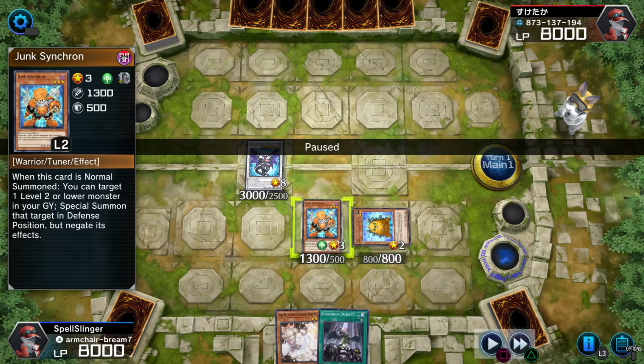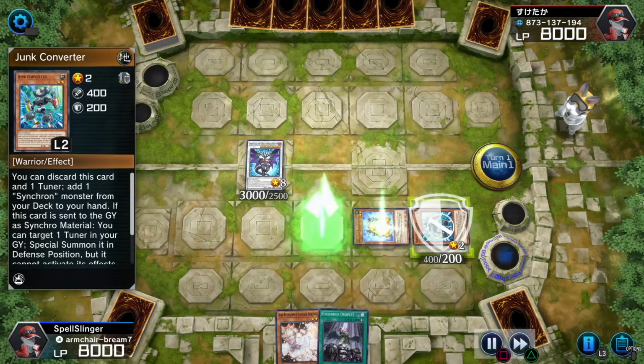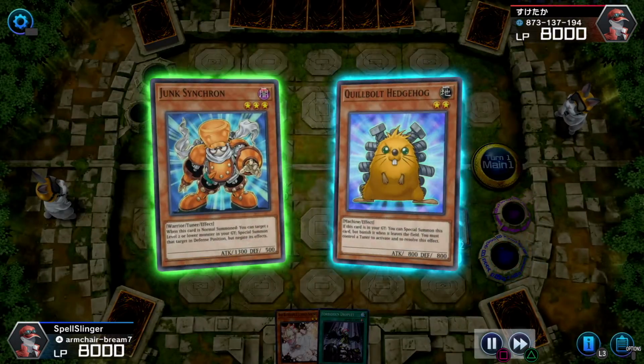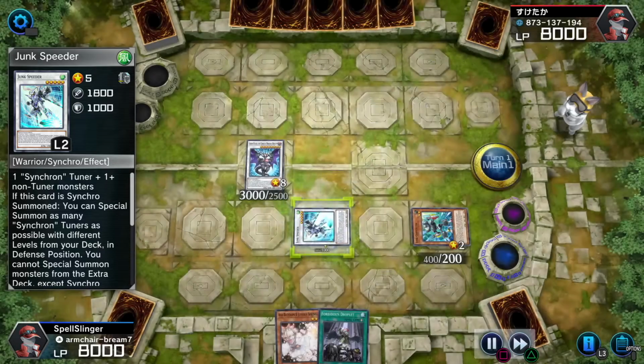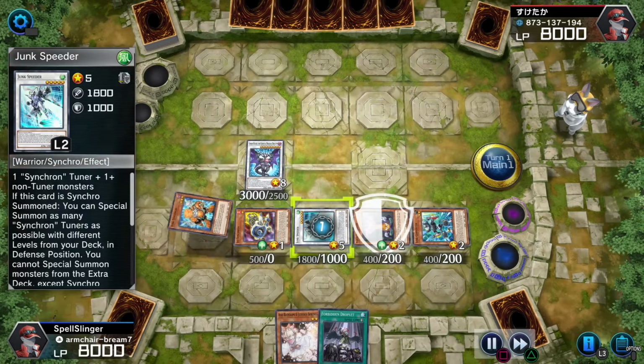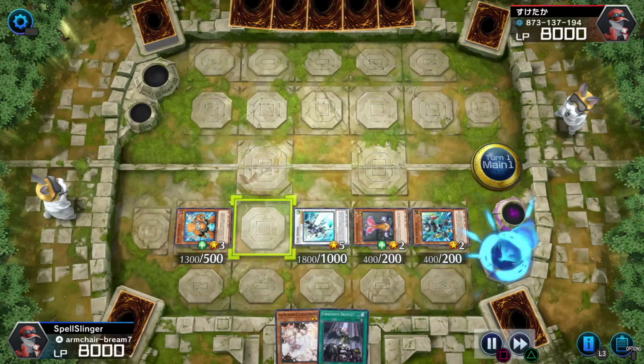So since we haven't normal summoned yet, we're going to normal summon the Junk Synchron, targeting the Junk Converter, special summoning it back out, then going into a Synchro 5, which is our Junk Speeder, going into its effect here to summon out the Junk Synchron, the Fluor Synchron, and the Junk Synchron. So now we have tons of opportunity, and what we are going to do now is we are going to